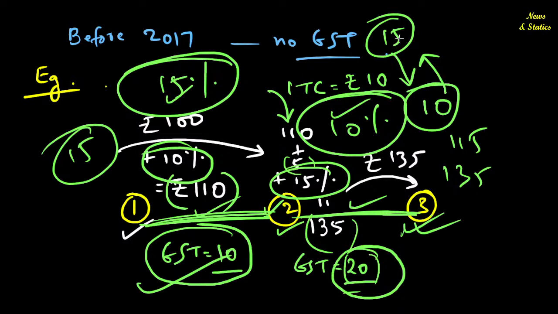In other words, it is an expenditure of the government. The government is paying 15 rupees to the second person and getting 10 rupees from the second person. In other words, it is depleting the consolidated fund of the government. This inverted tax structure, and talks in the recent GST Council was on rationalizing the rates because of